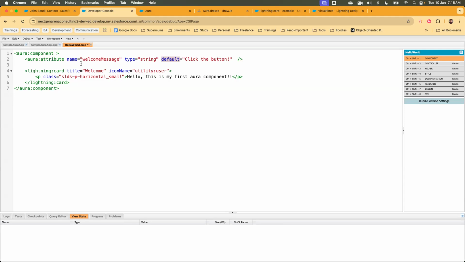Now the next thing is, in this lightning card, let's change it to event, or let's say interactive message. Okay, and in this case, I'm gonna now change it to announcement. And within this, I'm gonna keep the same P, but now instead of the static text, now I need to bind the variable from my